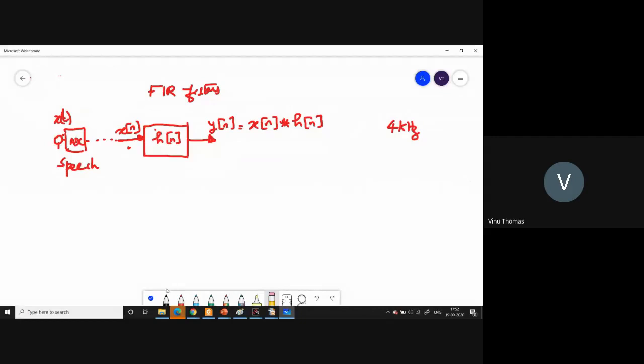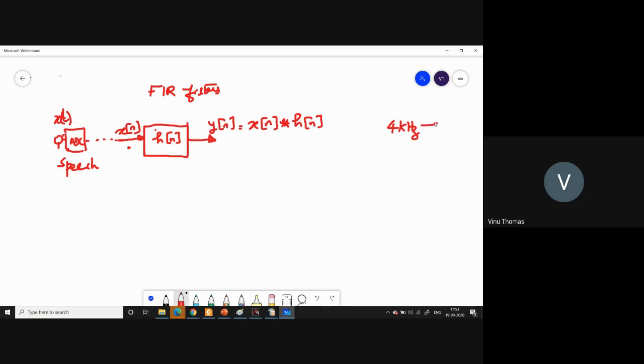And if your aim is only to do speech recognition, then recording up to 4 kilohertz is sufficient. You say that normally your audible frequency range is up to 20 kilohertz, but to understand what message is being spoken, up to 4 kilohertz is usually sufficient. That is why your normal telephone channel records only up to 4 kilohertz. You don't require above 4 kilohertz, because through the telephone you only need to find out what is being spoken. You are not required to find out who is speaking. So when you sample 4 kilohertz, the Nyquist rate is 8 kilohertz.